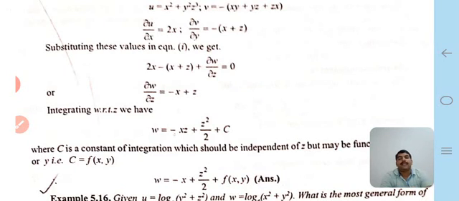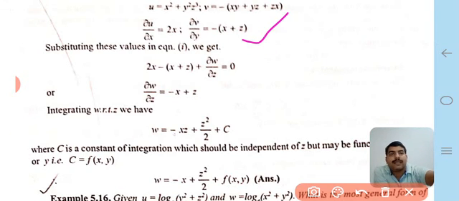Firstly, the two velocity components are given, and both are differentiated with respect to x and y. del u upon del x is equal to 2x, the y and z components are 0, and del v upon del y is how much? That is minus x plus z. Putting these values in the continuity equation,